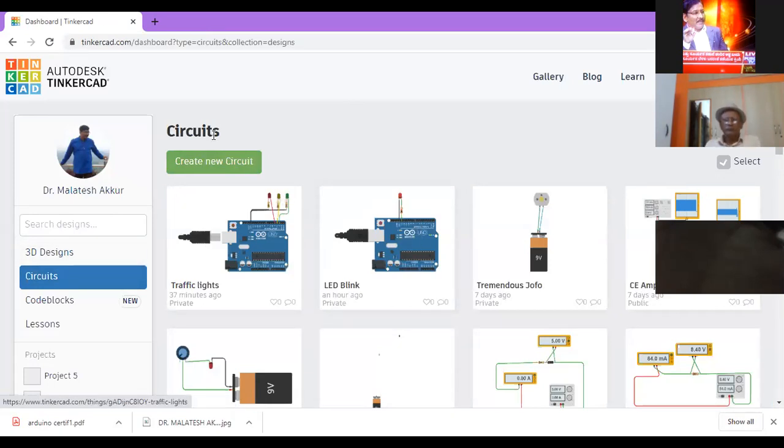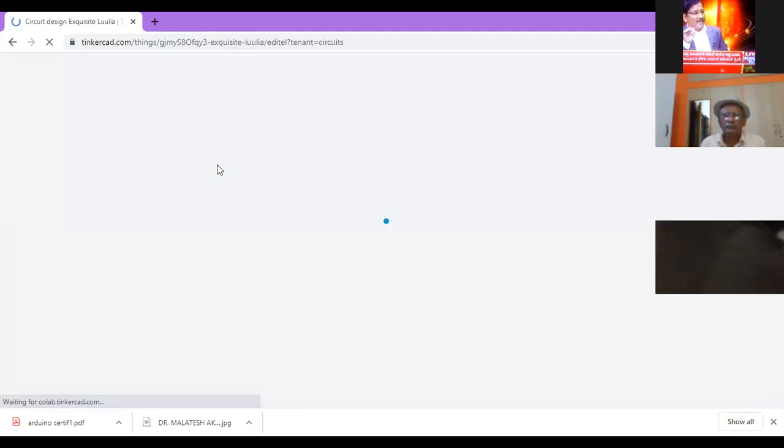Now I'll show you a new circuit, how to connect using the Arduino. The same, the Blink circuit.